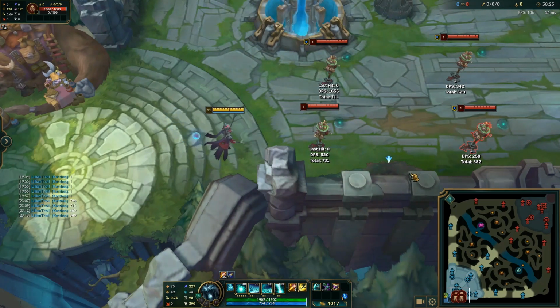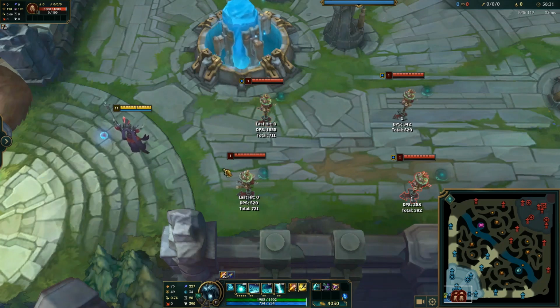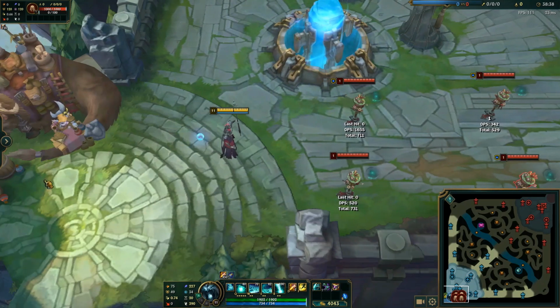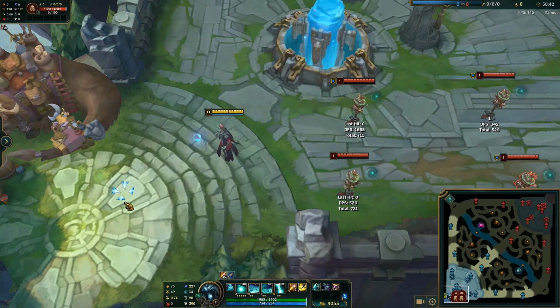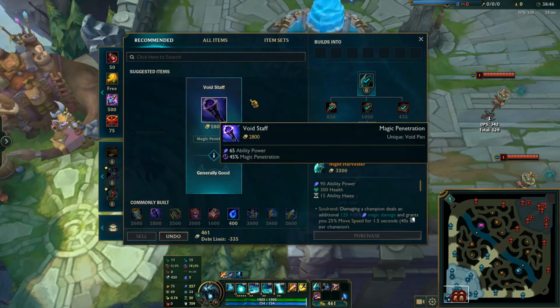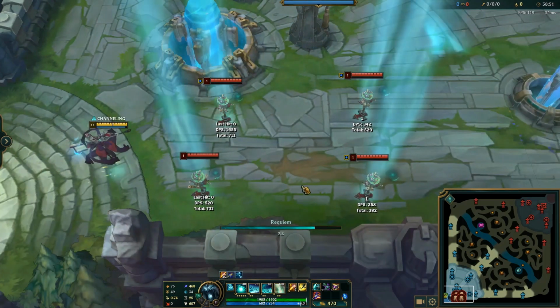But this was kind of my point, is that for this spike mid-game, you still now have access to the Rabadon's Deathcap, which will outdamage anything you can buy with the Ludens build afterwards. So, for example, if I buy a Deathcap now, right, and I ult,